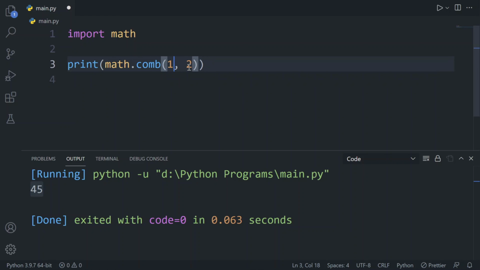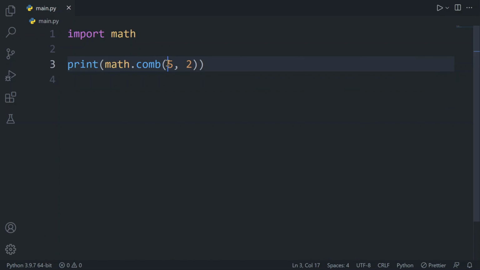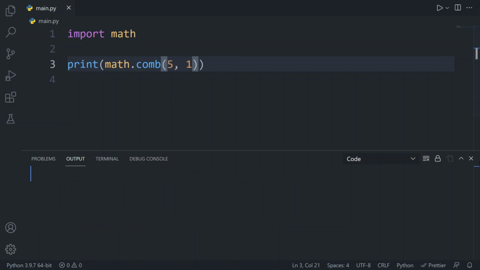If I add 5 here, we can find 2 in 5 in 10 ways. If I add 1 here, you can see we can find 1 in 5 in 5 ways. So just like that, we have this combination method.